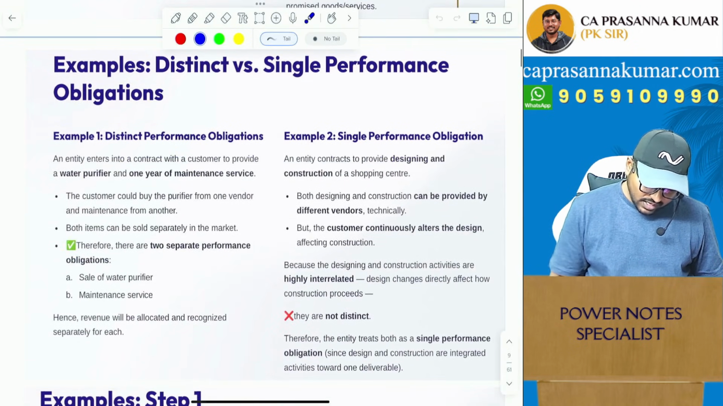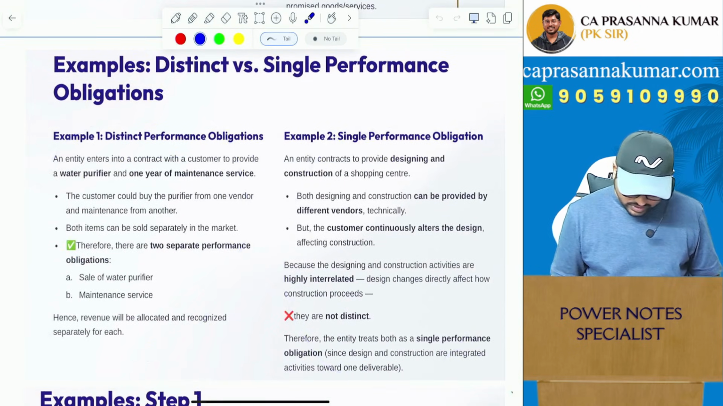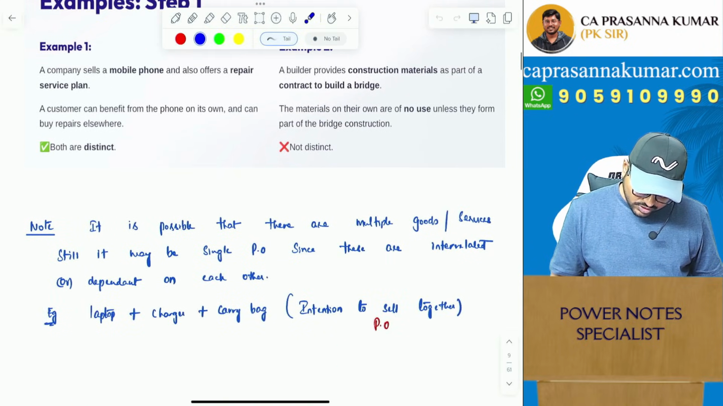Okay. I gave some examples as well here. You can just go through it. Already I've covered an example. Chalo. Now,